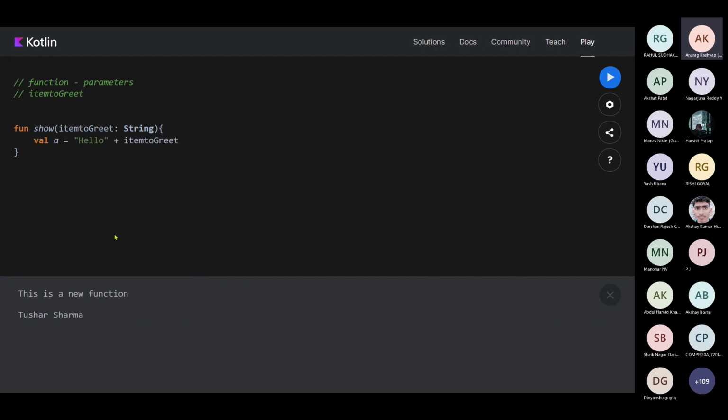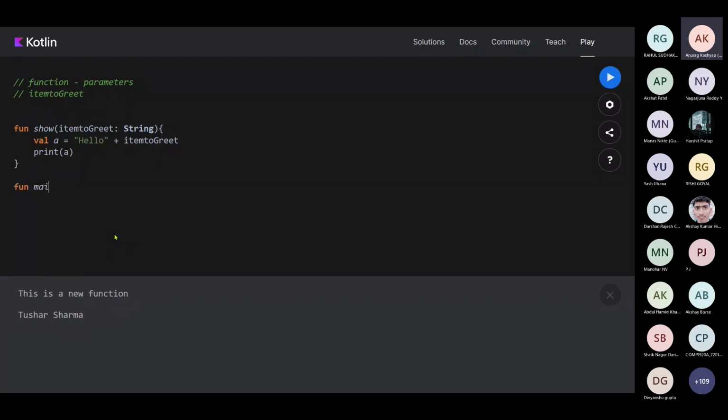So what is item to greet? Item to greet is a value which is stored. It's a parameter. It stores a particular value, and I have defined that this particular item is a string. Now I want to print the value of a. So this is what this function will do. It will print the value of a.